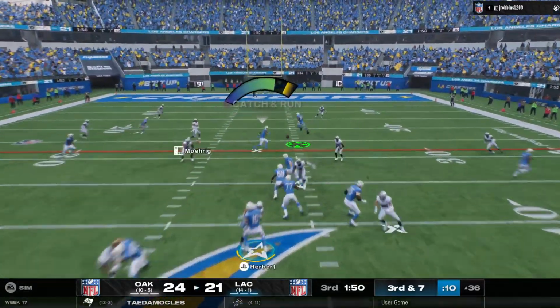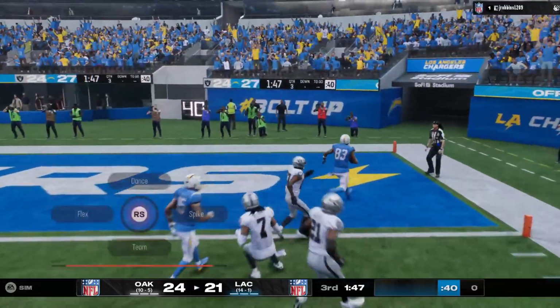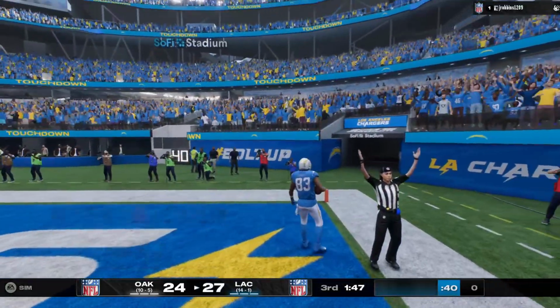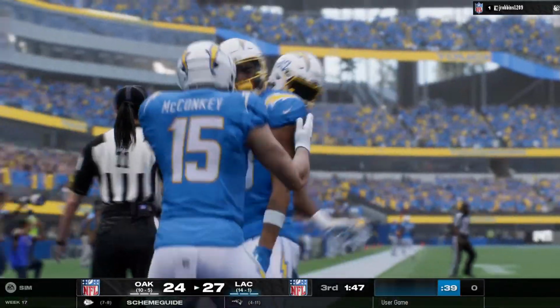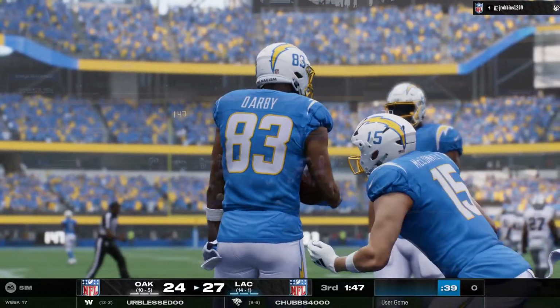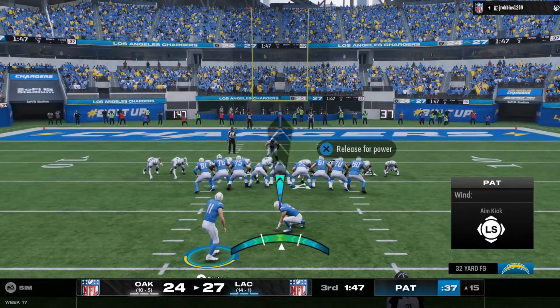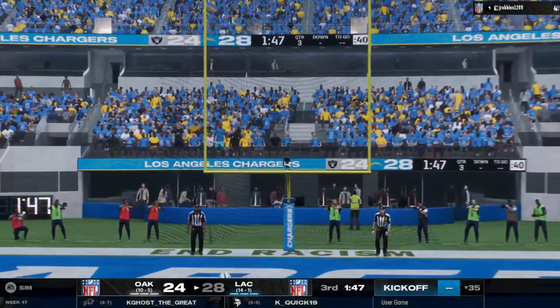Herbert from the gun. Complete beyond the marker. And he takes this in. Touchdown, Los Angeles. The Chargers take a 3rd quarter lead. And with that score, he's reached a benchmark he's long had his eye on. 30 touchdowns in 1 season. And he's going to come away pleased with how well he has played to put up that kind of number